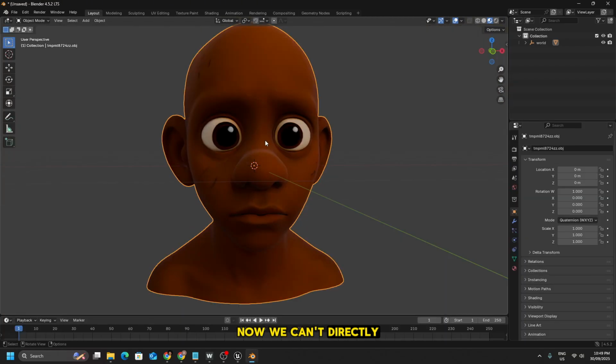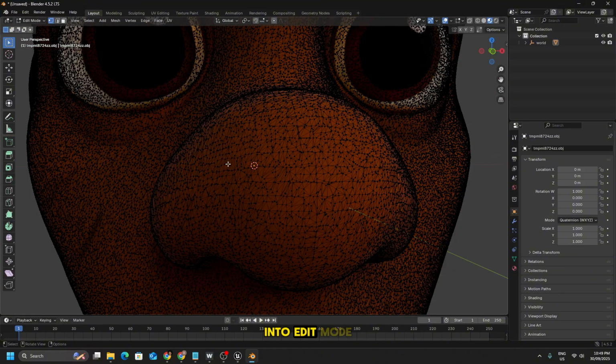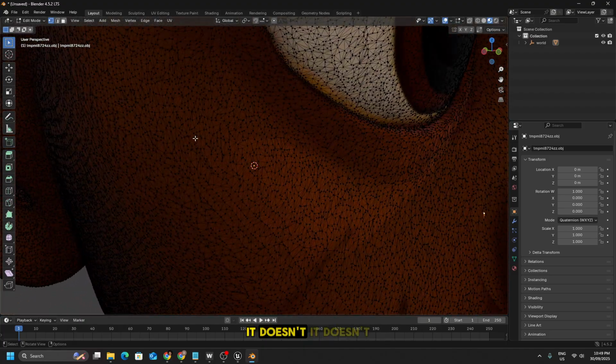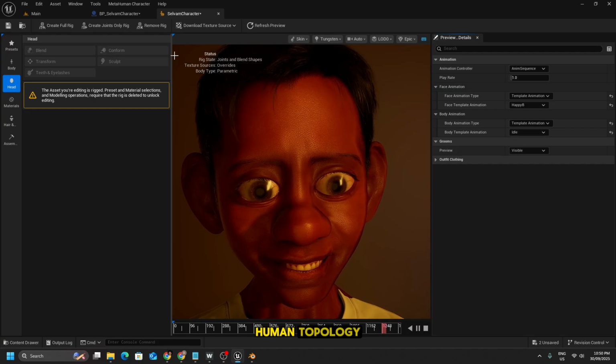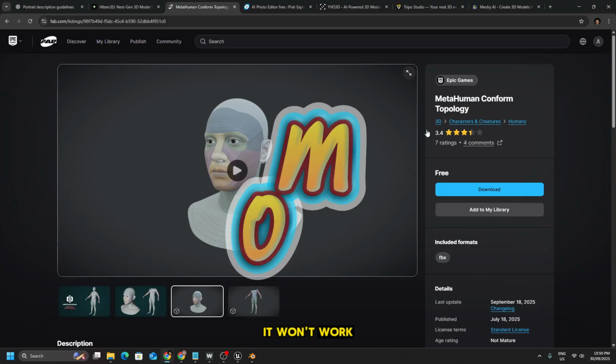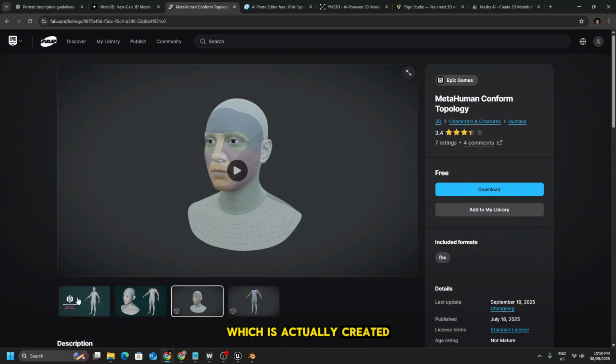Now we can't directly use this mesh to create a metahuman because if we go into edit mode, we can see that there's all these vertices over here. So it doesn't really conform to metahuman topology. So if we go to the conform, we can't just bring in that model because it won't work. You'll get errors. So we'll need to use this new metahuman conform topology, which is actually created by the original